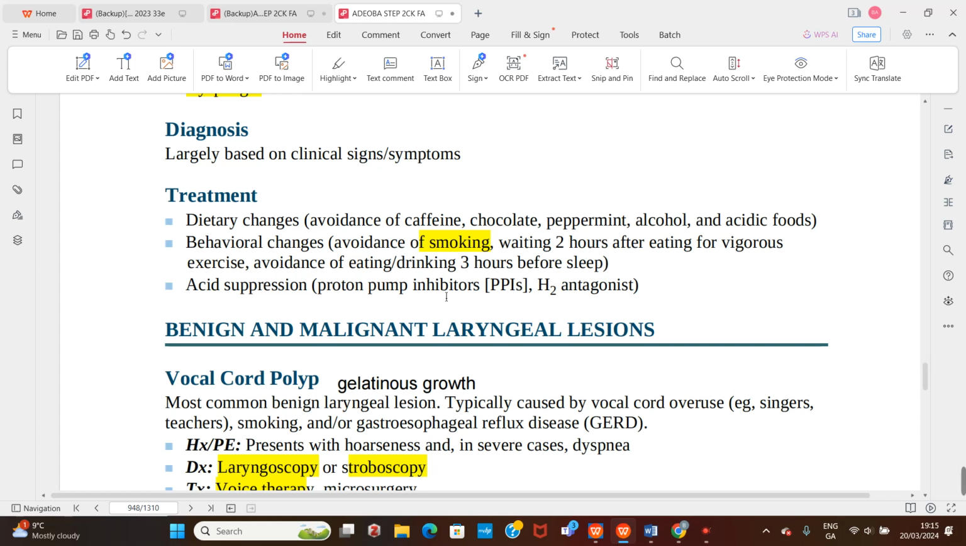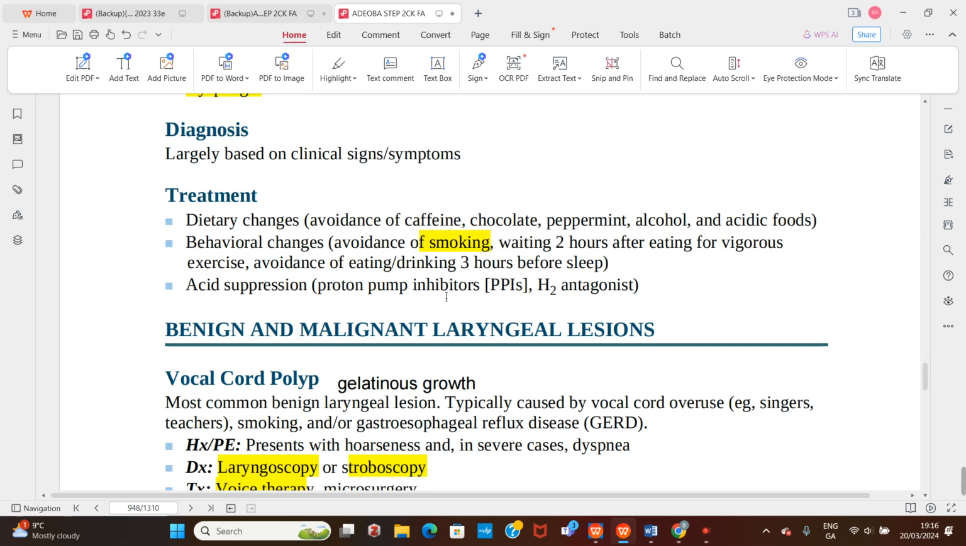Smoking also increases gastric acid production, and it also lowers the tone of the sphincter, so they can reflux. You tell them to stop smoking. You tell them if they want to sleep, they should eat more than 2 to 3 hours before going to bed, so that the food will have digested. Because if they eat within 2 to 3 hours and they go and sleep, they can easily reflux and have symptoms. If they are going to exercise, they should not exercise within 2 hours of eating,